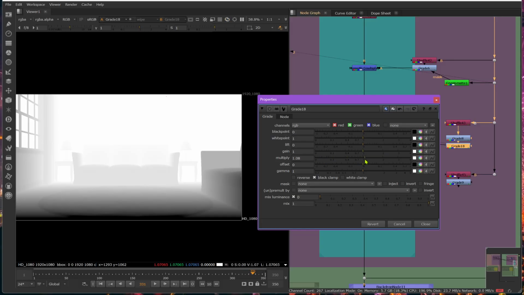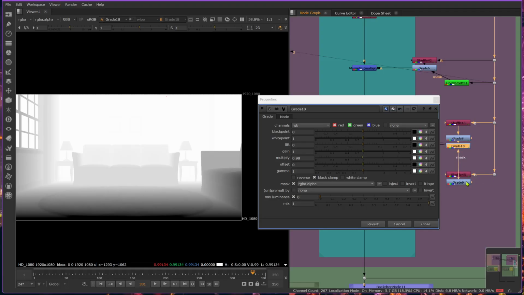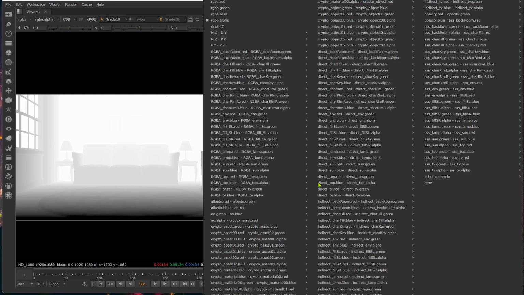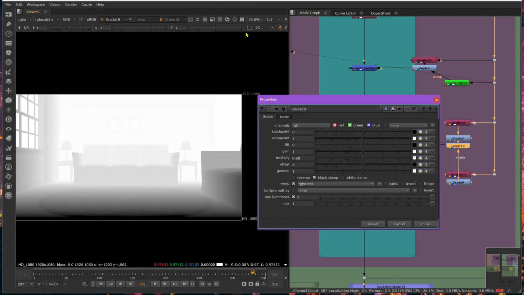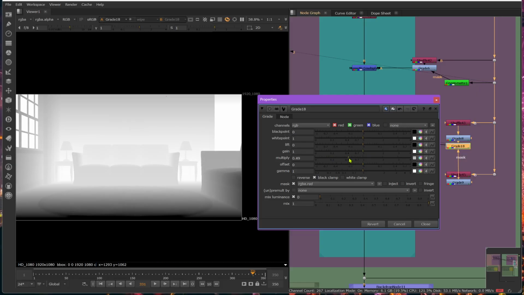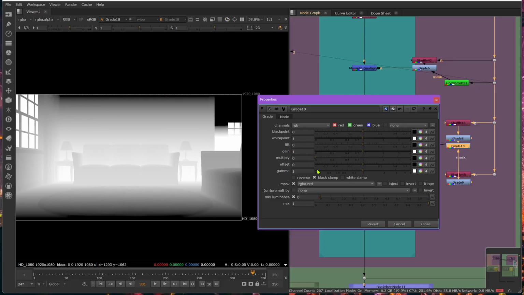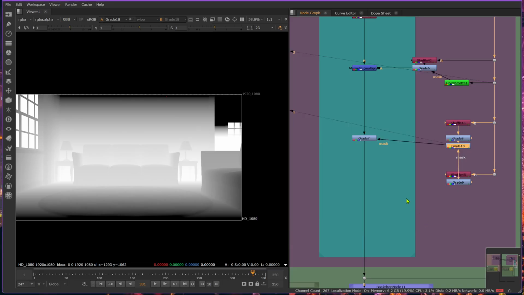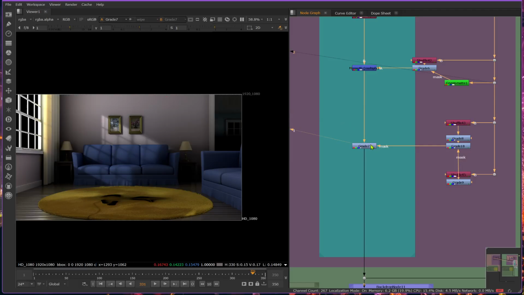Let's say I hook this into the output of where I got this stuff. It is RGB that I'm dealing with, not the alpha, so I do need to change this. I'm going to change this to red. But now if I multiply this down, this image is able to start grading down that image. So now if I go look at my alpha,